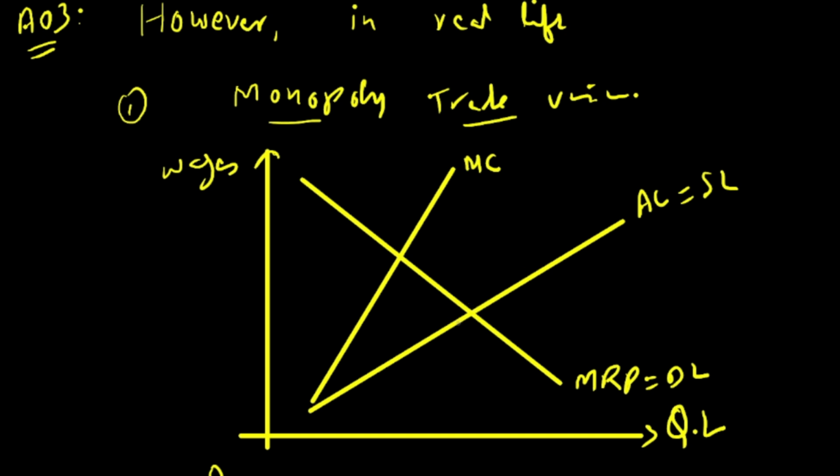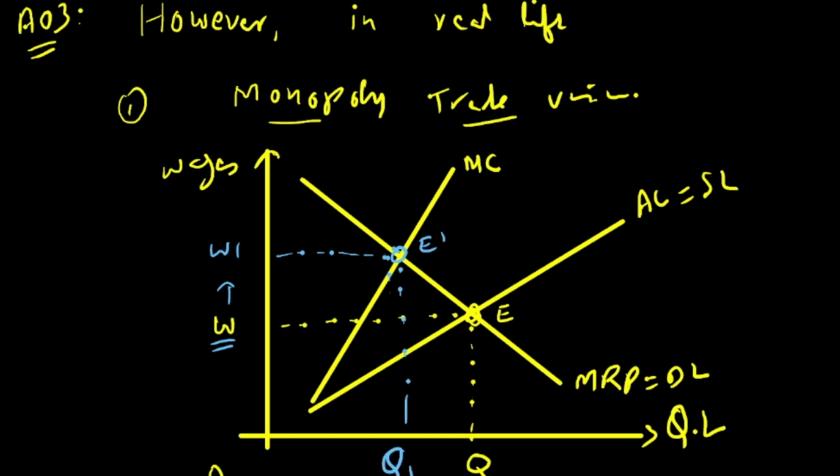In an open market, wages are settled through demand and supply. So demand and supply curves intersect each other at point E, where employment is Q and wage rate is W. So open market is where there is no union, every worker works independently, and there is no monopoly employer as well. Okay, so if there is wage rate W in open market, then the trade union will definitely want to charge higher wages than W. So it will set its equilibrium at E1, where the wage rate will rise to W1 and employment will fall to Q1.